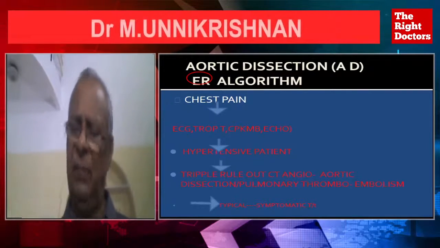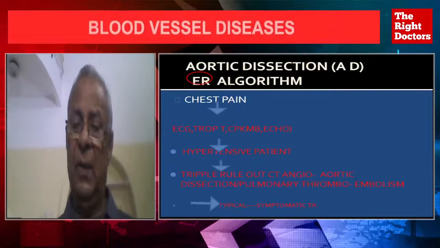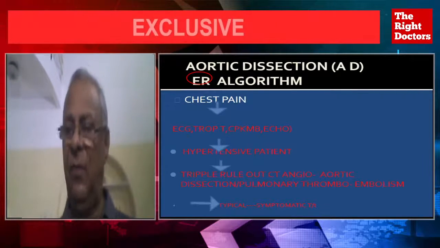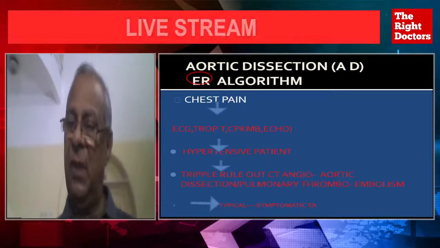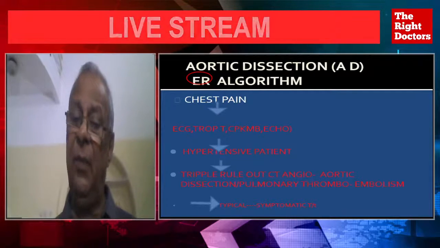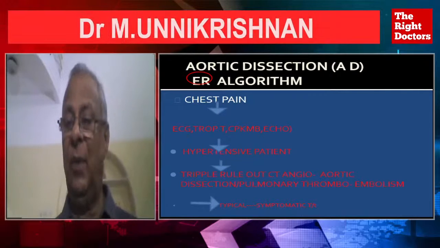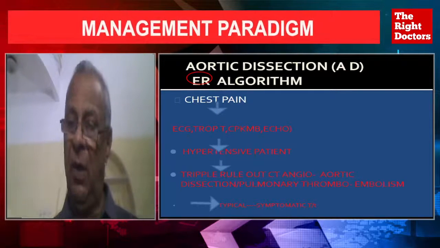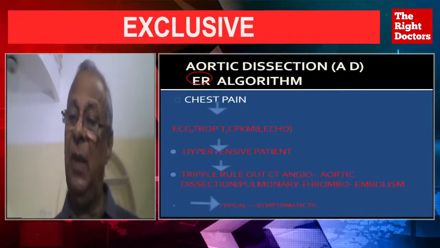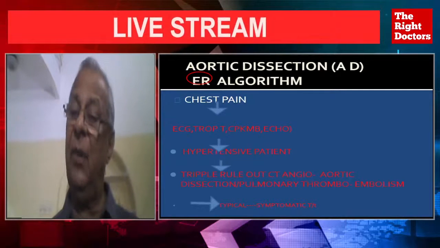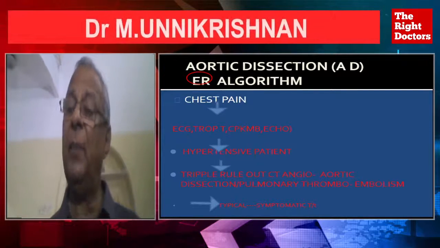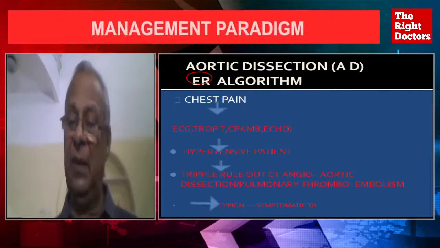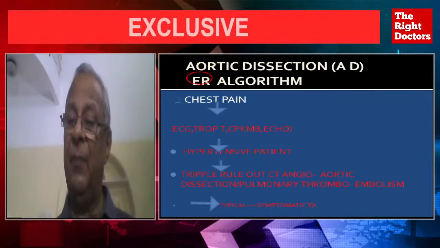Stanford A dissection will come with mild hypotension. Echo and CT will find out definitely whether it's a Stanford A or B. And B, we treat the same way as I alluded to. And A means emergency surgery, because 30% of Stanford A patients who develop dissection at the ascending aorta die without diagnosis or without getting treatment in the hospital. There is 1% mortality per hour, with the result that at the end of 15 days there will be hardly 5% of Stanford A, ascending aortic dissection patients alive,